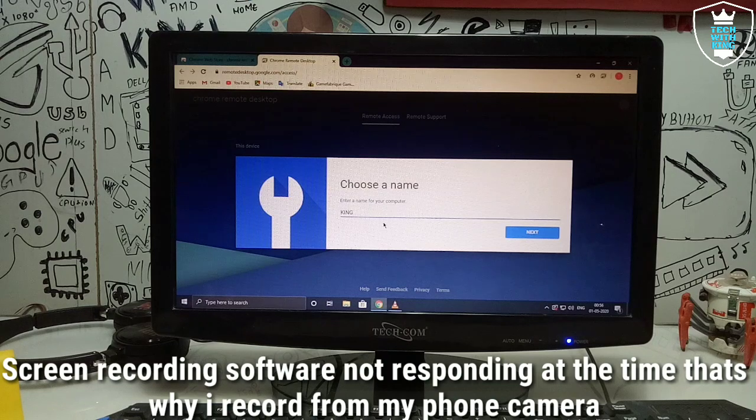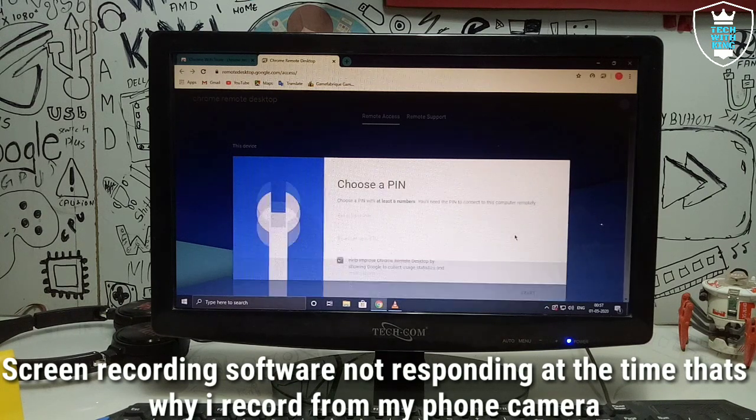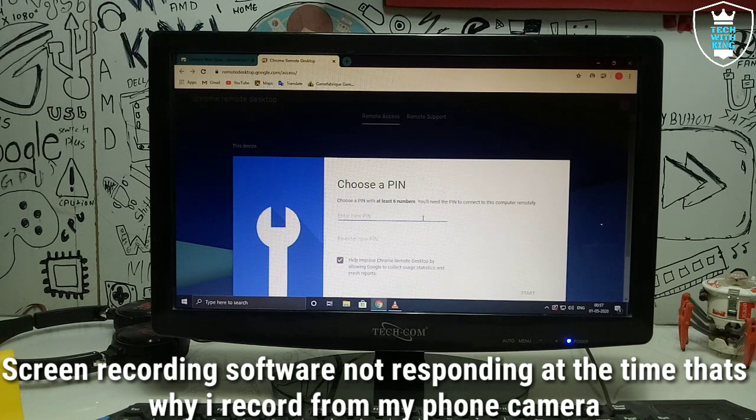As you can see on the screen, it will tell you to choose a name. My PC name is this, so let me just leave it and click next. This same name will show in Android. Then it will tell you to choose a PIN, so you have to enter a PIN.